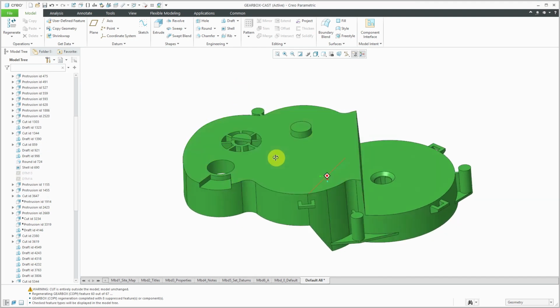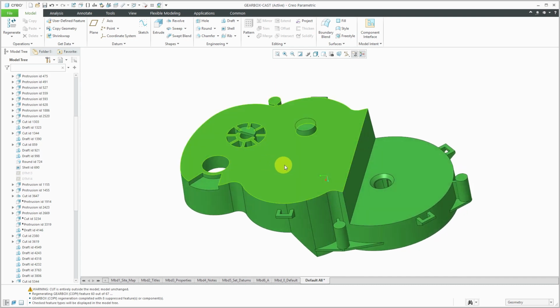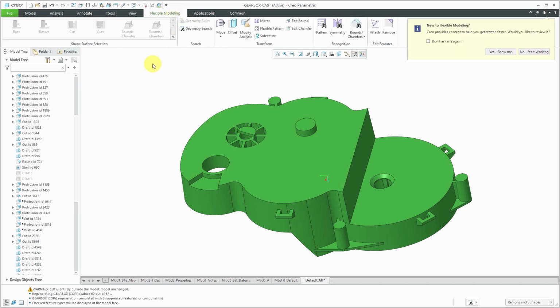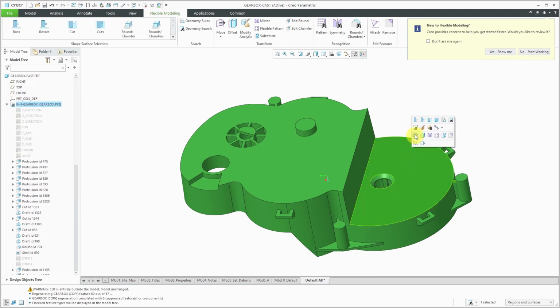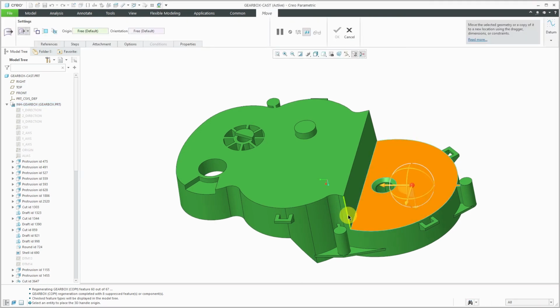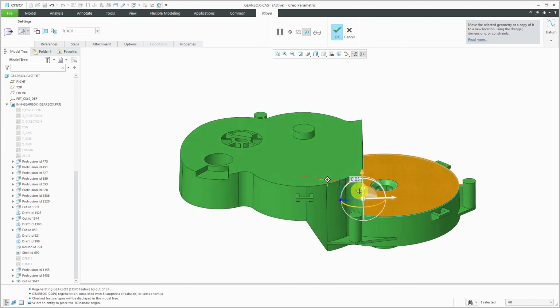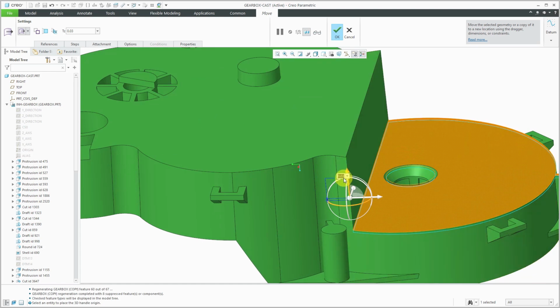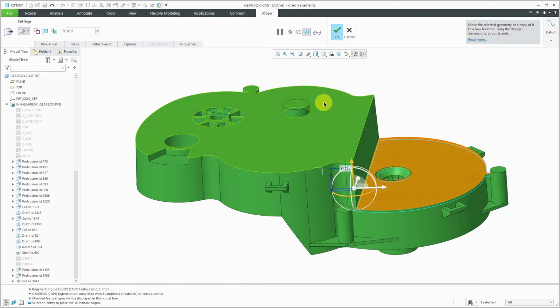And one other thing that I want to show you is, again, sometimes you might start off with extra stock on the part in the cast version, and then it's going to be machined away. And so this is a situation in which I can also use flexible modeling to add that back in here. So for example, I could select this surface in here, and then from the mini toolbar use the move command. And if I click an edge to select as a reference, that is going to give me a dimensional value. And let's say I want to add in here another 50 thousandths. I can plug that in,